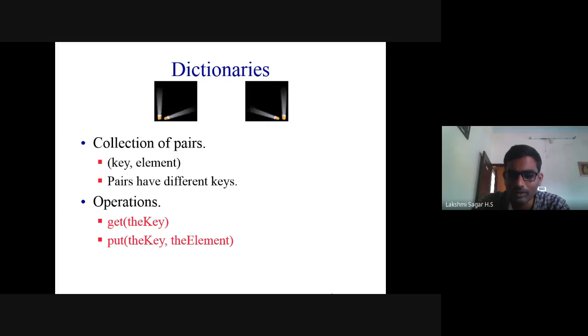Put can be used to update the element or value associated with a particular key, and also to insert a key and associated element. Next one is remove. This can be used to remove a particular key. Suppose there are many keys, and you want to remove any one of them, you can use this option.